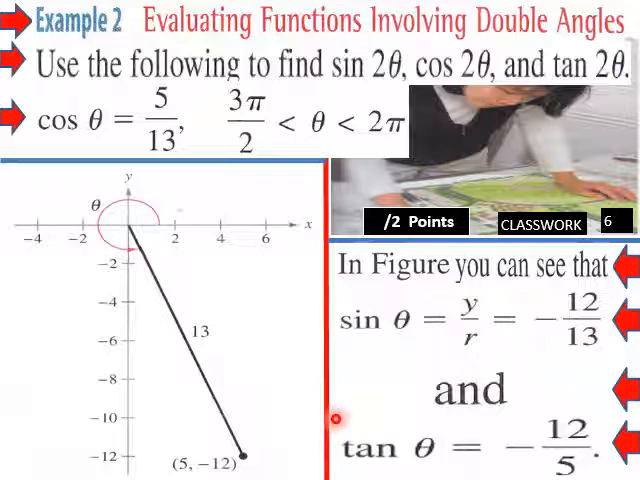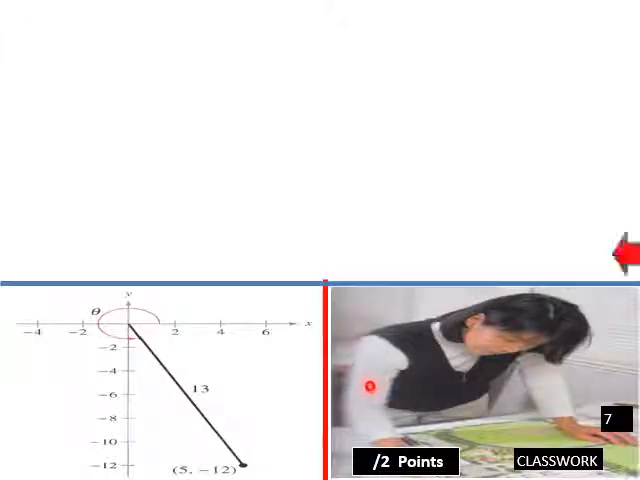And tan theta would be negative 12 over 5. So then this segment here of our triangle will be 5. So tan theta would be the negative of 12 over 5. Knowing that,